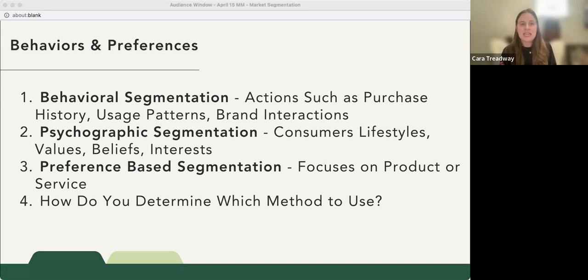So for example, if you are targeting eco-friendly travelers, then perhaps preference segmentation would be ideal for you because you're looking at a specific product or a specific service. But alternatively, if you have a business where you have a lot of client interaction with special events or something of this sort, then behavioral segmentation may be best due to the effective data that's available to you. By being thoughtful and considerate of these factors, we can work to determine the best approach to suit our individual needs.